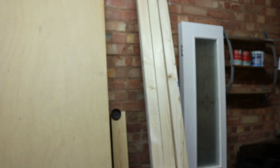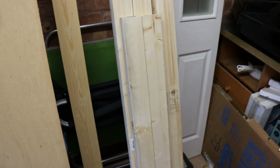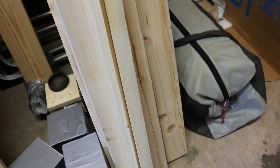Right, I've got 6 lengths of 2x4 here, at 2.4 metres, so full size pieces. I've then got 2 lengths of 2x4 at 1.2. Just because I thought it'd be easier to have some shorter bits for bits later on. I've then got 2 thin, smaller bits that I'm going to use as footholds at the bottom of the wall. I've then got a full size sheet of 12mm ply that's going to be the main climbing wall as we go. So the wall is going to go